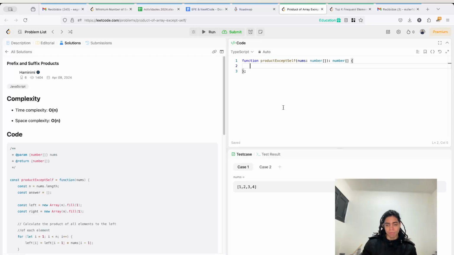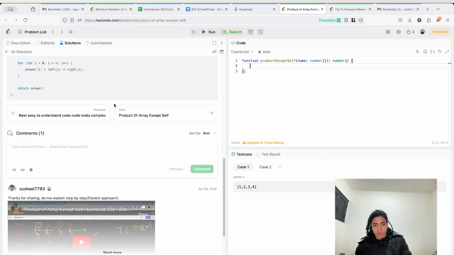But because after all we want to compute all of the elements on the left and then all the elements on the right. One way to do this is by saying, well, initially, okay, one way to do that,